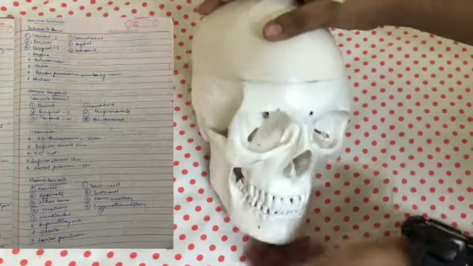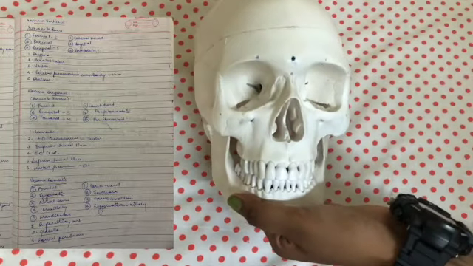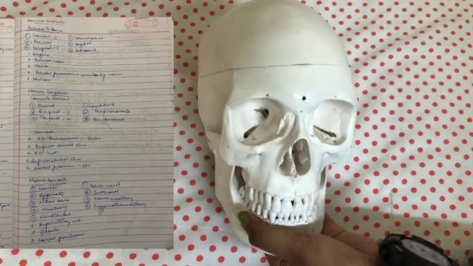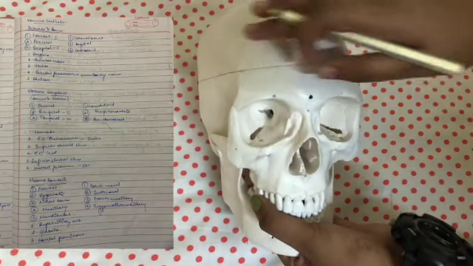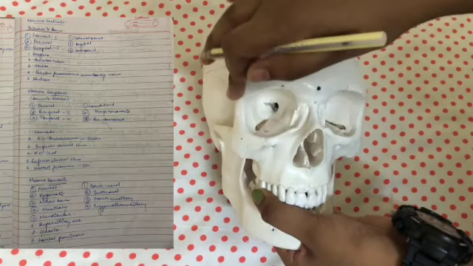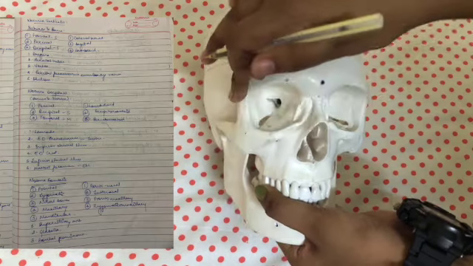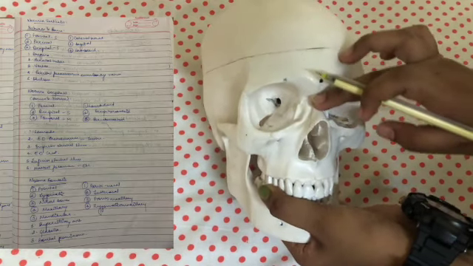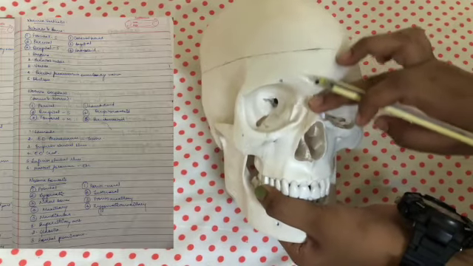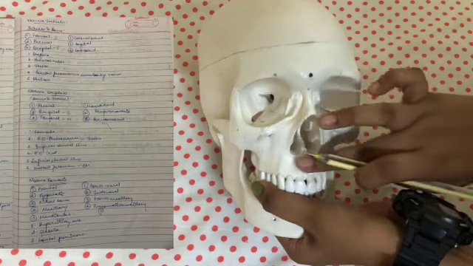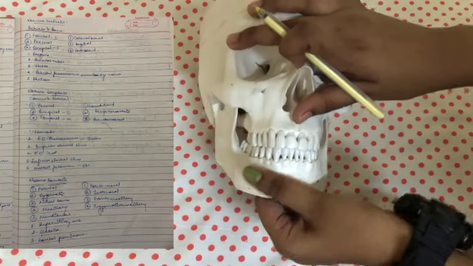As the name suggests, it is the front view or the anterior view. So, in the frontal view, you can see these bones. The frontal bone, the zygomatic bone, and the zygomatic bone is the one that forms the prominence of your cheeks, followed by nasal bones. This forms the nose, the upper part, and the maxillary, also known as the upper jaw, and the mandibular, also known as the lower jaw.